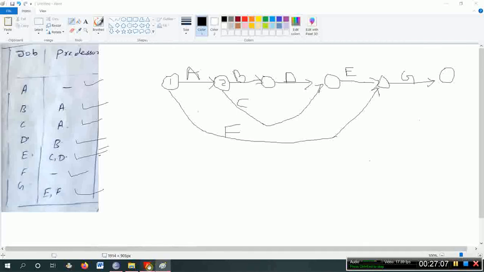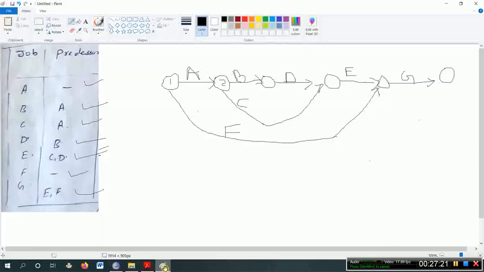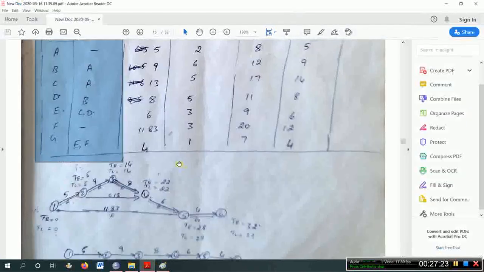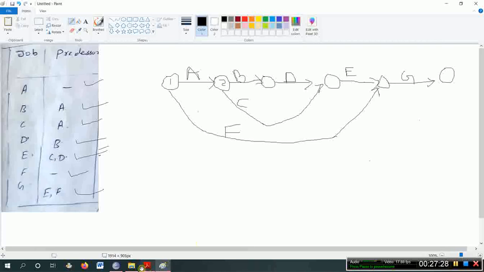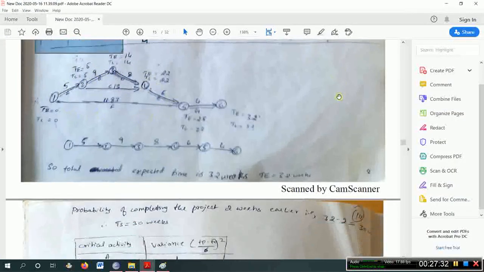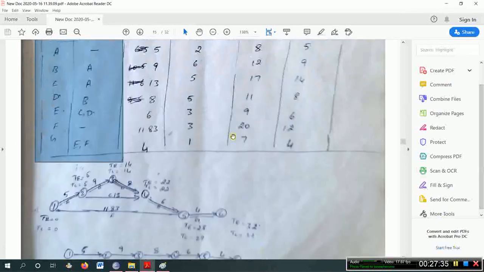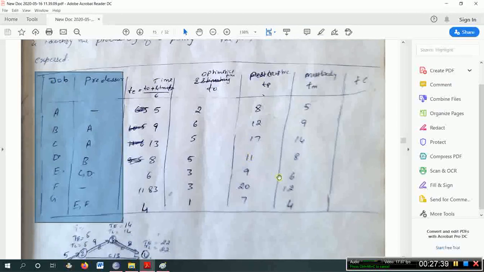Okay, so if you construct it with a neat scale and pencil, it will be like this: 1 to A, after A, B, after B and C, E will start like that. So this is a rough network and this is a neat network construction by using scale and pencil. So now this is over. This is just me explaining how to construct the network. Solving problems, I'll explain that in the next session.